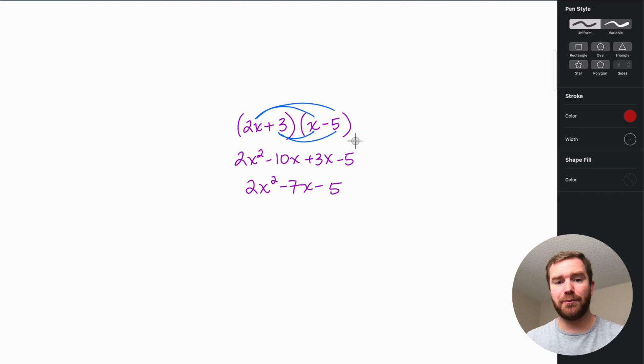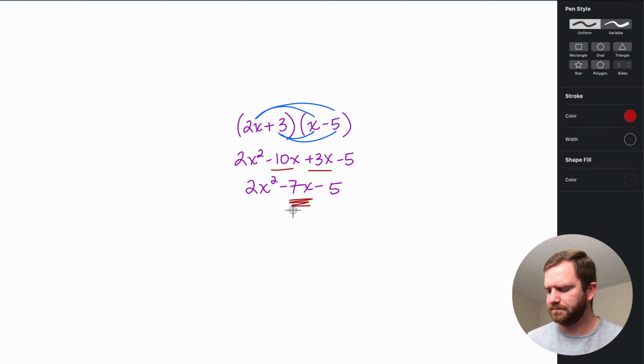Now, if we examine the process, because remember, factoring is essentially undoing the distributive property. So if we look at the distributive property on a binomial times a binomial, in this case 2 linear binomials, we can see what we're going to have to do. So I end up with these 4 terms in the process of doing the distributive property with the 2x and the 3. So I have 2x squared minus 10x plus 3x minus 5. But we can see that this term here and this term here, they're like terms, so they actually end up being able to combine to give us this negative 7x,